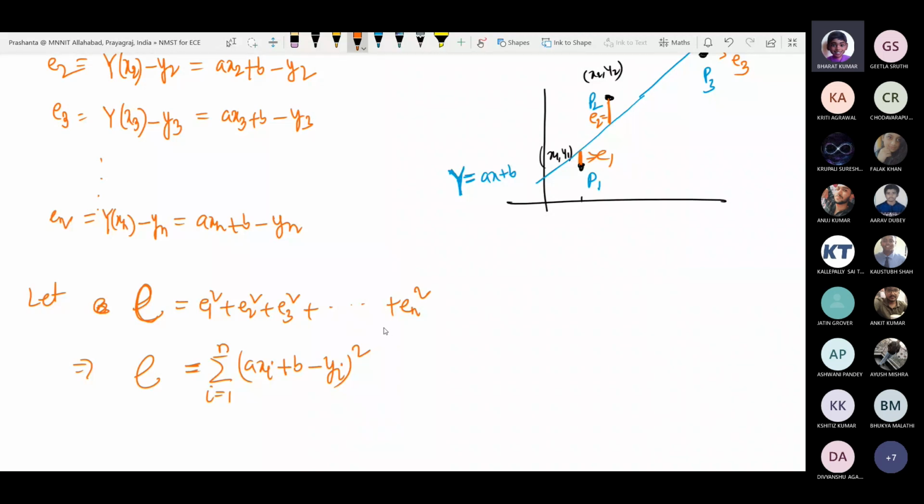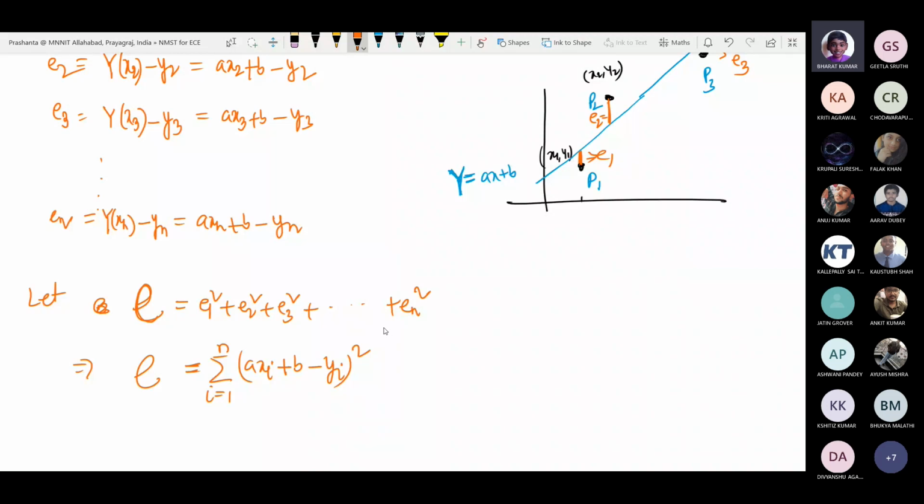While doing so, you will have to minimize E. So you have to calculate del E by del A equals 0, and del E by del B equals 0. You will end up with a set of equations. Basically, in this particular case, they will be linear equations, and they will create a pattern. If you want to find a quadratic relationship, only the equations will be slightly changed. If you try to find a cubic relationship, then the equations will change a little bit more, but they will follow a certain pattern in polynomial fitting. So this will give you a particular set of equations. Those are known as normal equations.